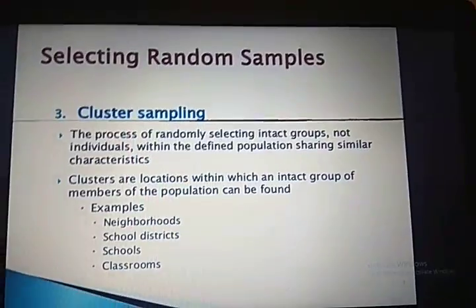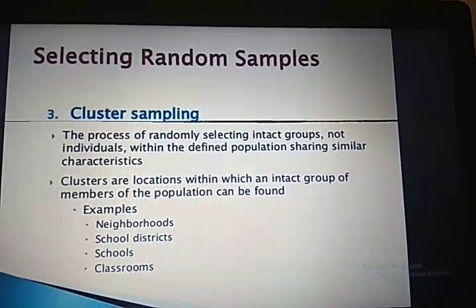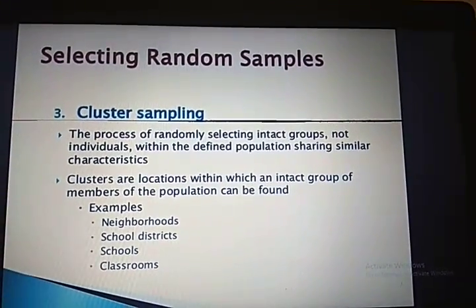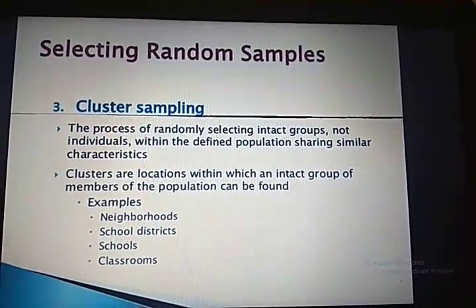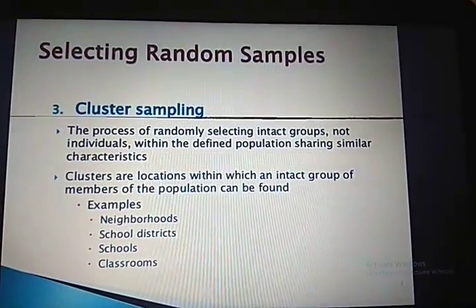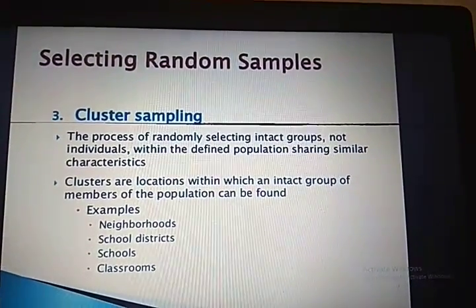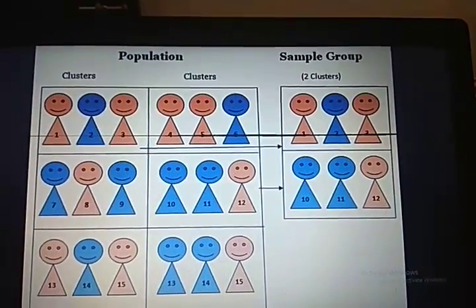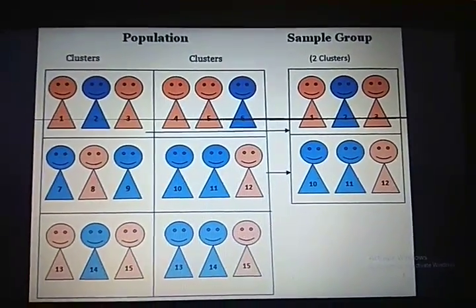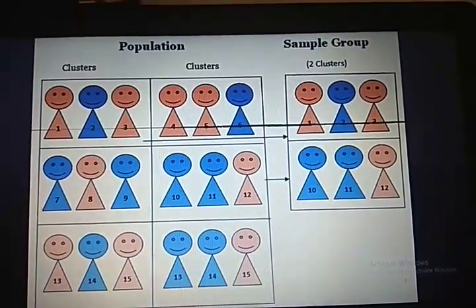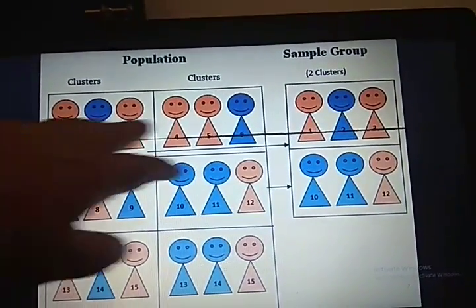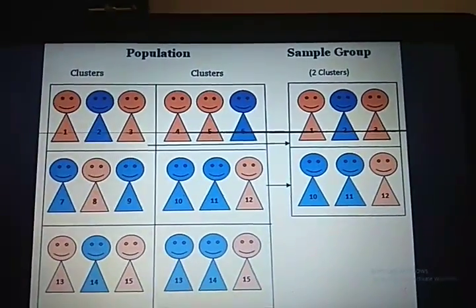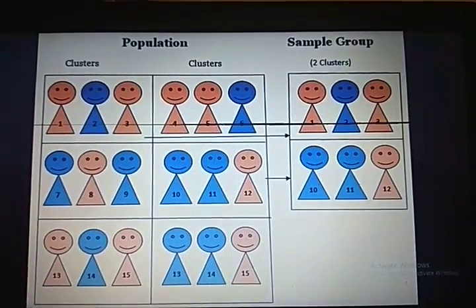While using cluster sampling, you have to keep a few points in mind. Clusters should be as small as possible, consistent with the cost and limitations of the survey, and the number of sampling units in each cluster should be approximately the same. So this is what cluster sampling is. You can even have a pictorial presentation giving you an idea about cluster sampling. This is the entire population divided into various clusters, and at random any 2 clusters have been selected as a sample group, as I have given you in the example.